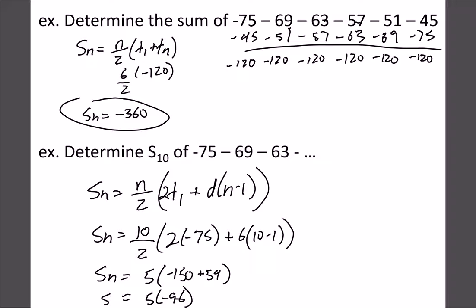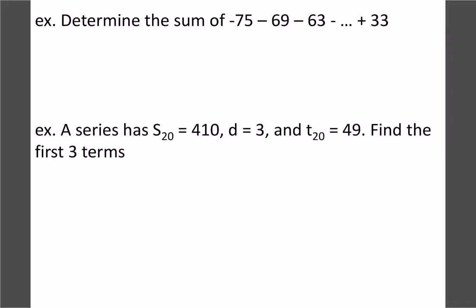And times that by 5 gives us negative 480. Okay, so if we actually do all 10 terms, we'd get negative 480. So you can see the first 6 terms was negative 360. Now 10 terms gives us negative 480. So the two formulas are pretty simple. You just have to